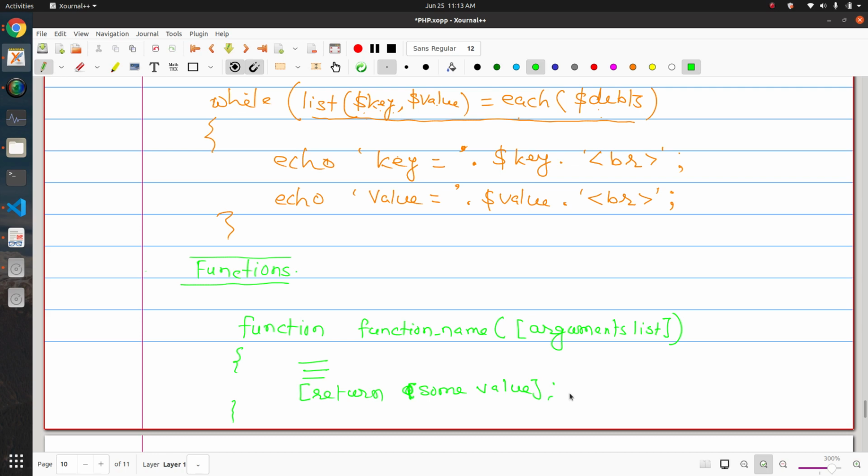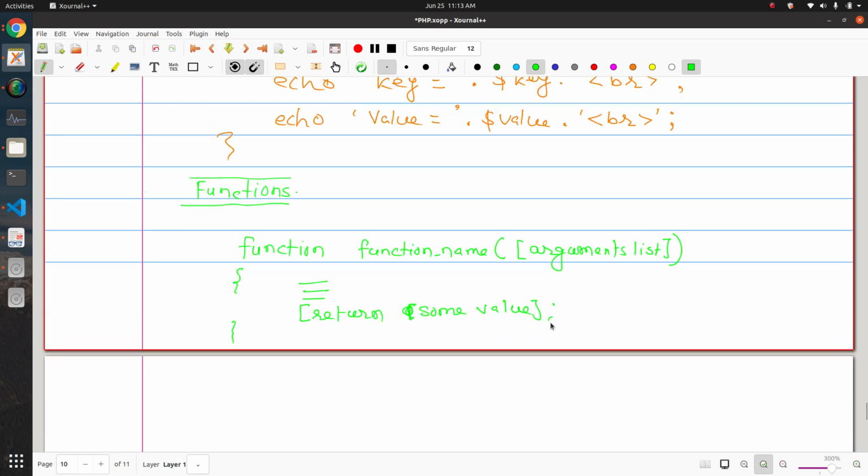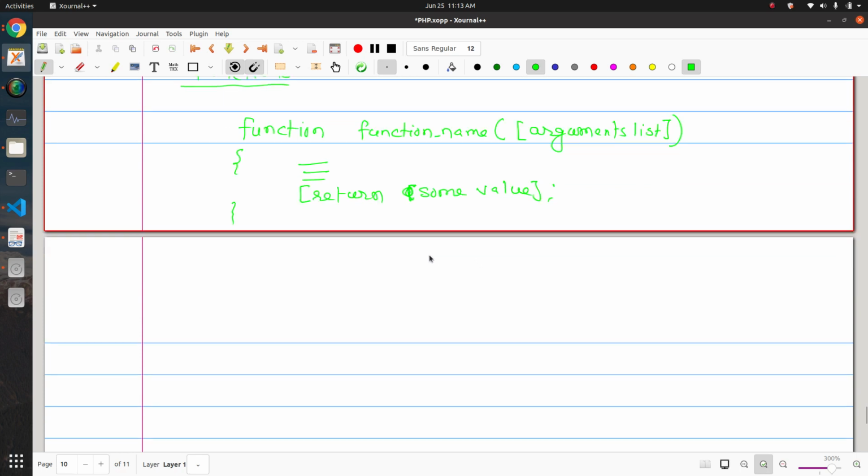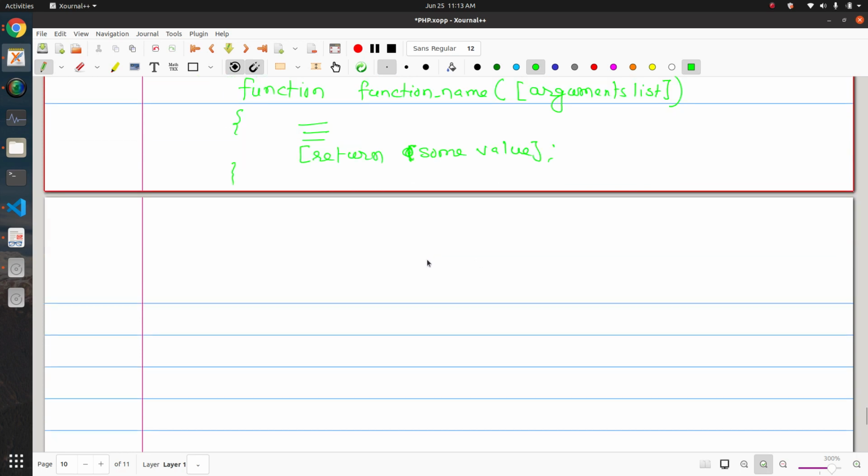Now let's see one example of how we can define a function. Whenever you want to define a function in PHP, you need to put that code within a PHP tag. Suppose you want to display some message, and for that you define a function. Let's say the name of the function is display, and in that you display a message.